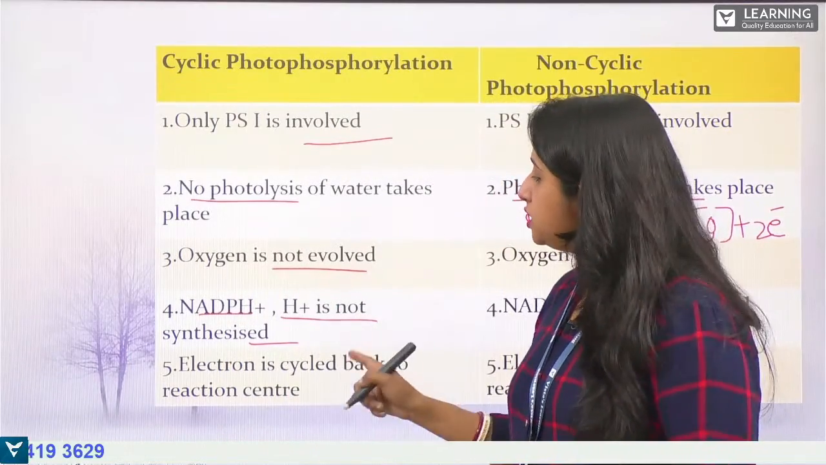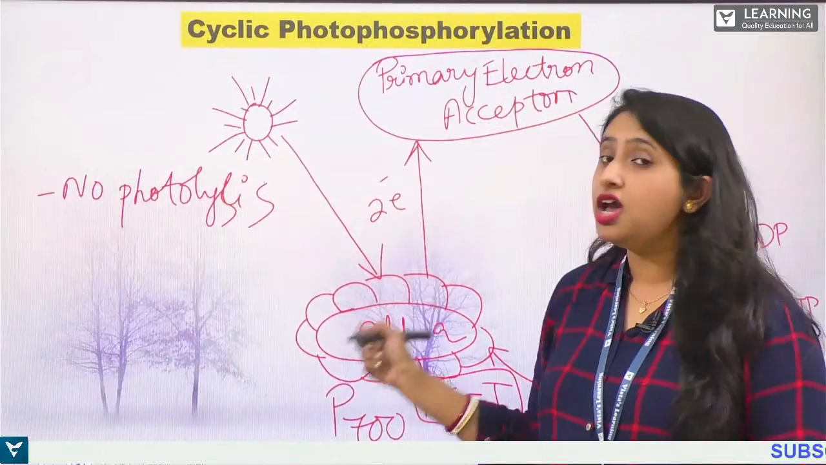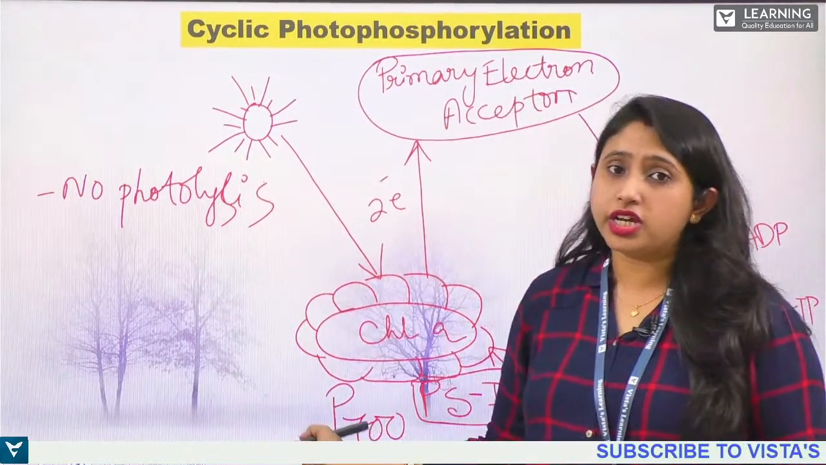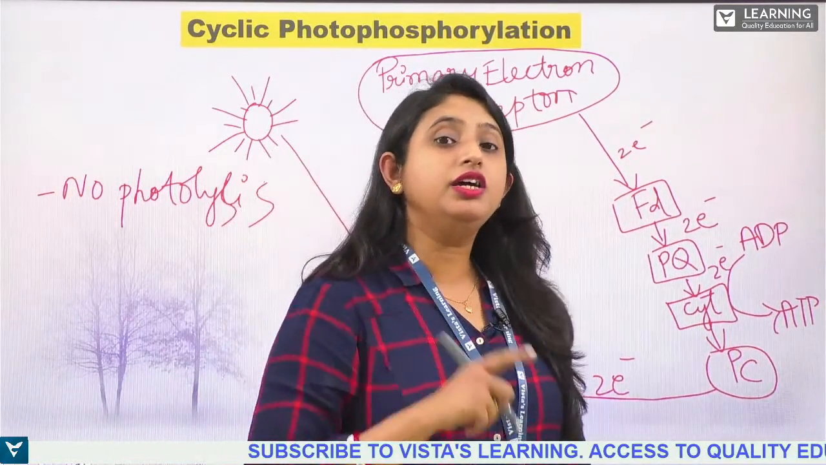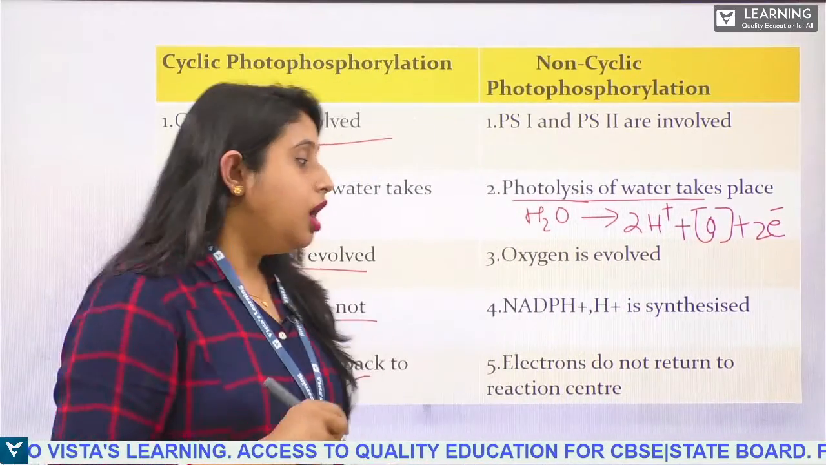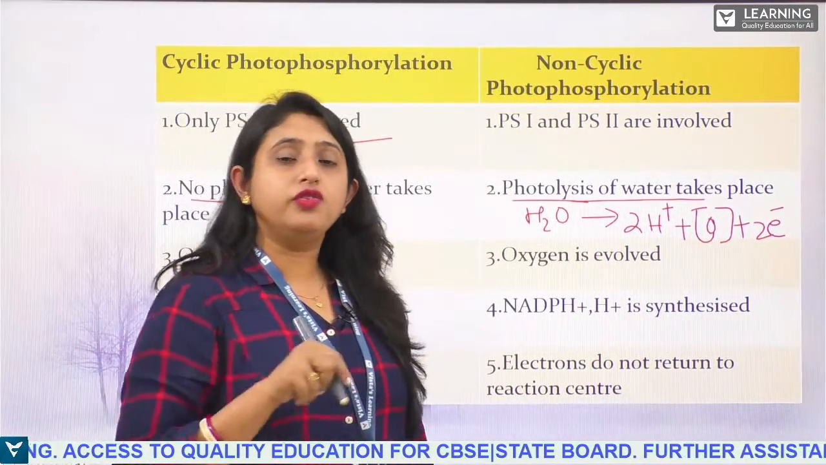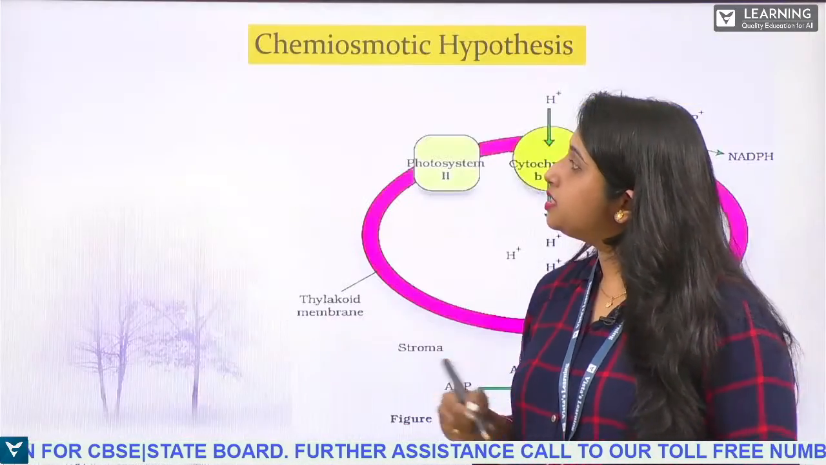Next, the electron is cycled back to the reaction center. As you can see here, the electron is coming back to the reaction center. But in the non-cyclic, the electrons will not come back to the reaction center. So this is very, very easy, right? Simple. So yes. Next, let us move into the